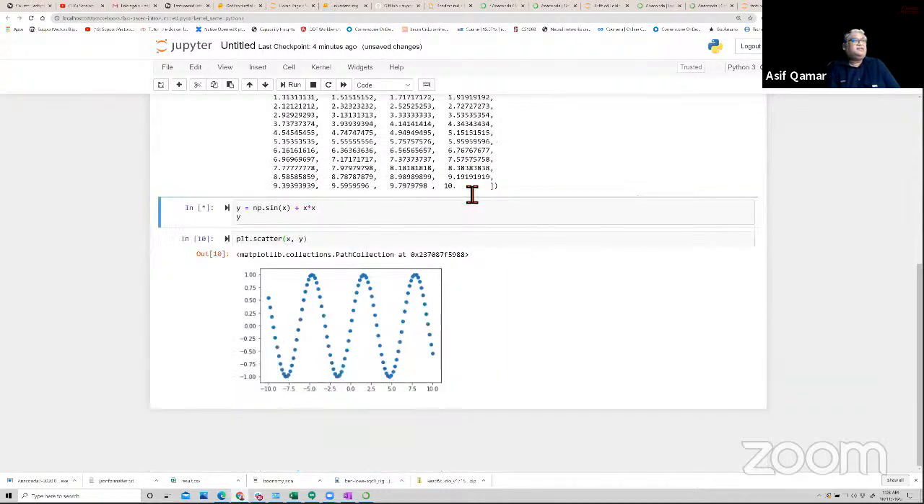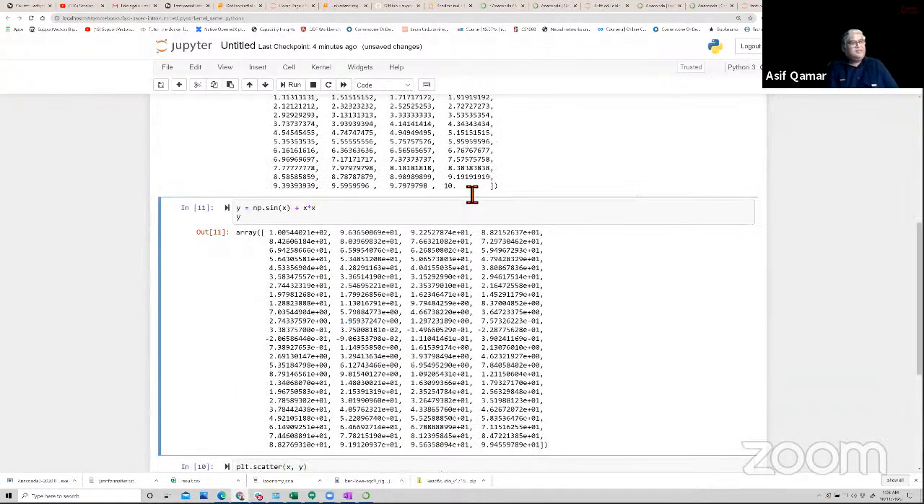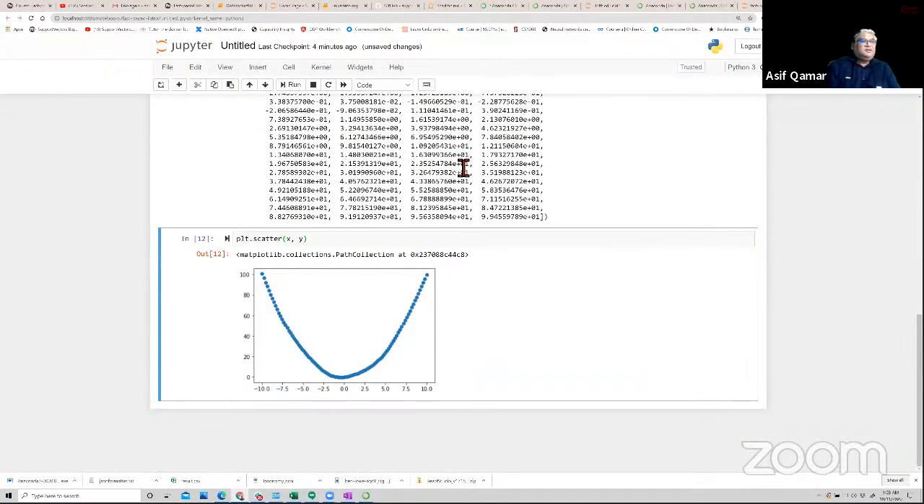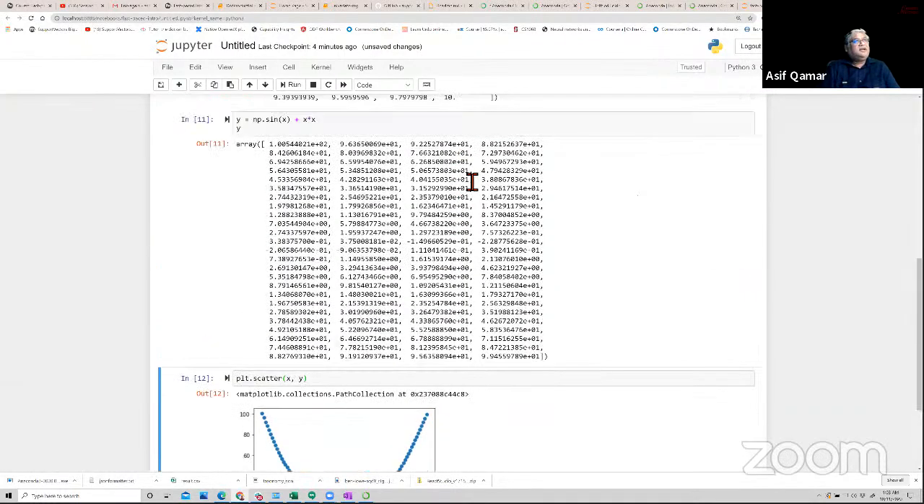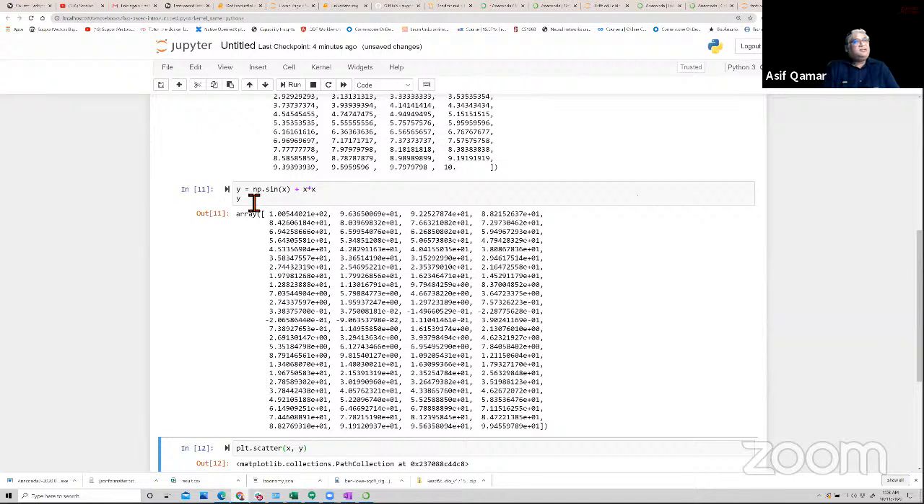Now what happens? Let's do this. And then what happens? You go to the next one and you plot it. And then this becomes, oh, look at this. What does it look like? It looks different. I can go and play with this and say 10 times sine x, or between 0 and